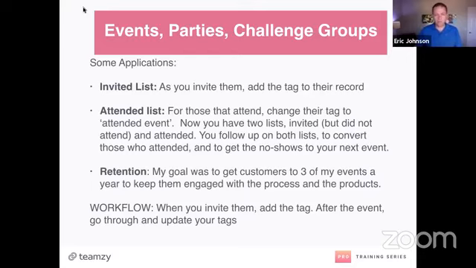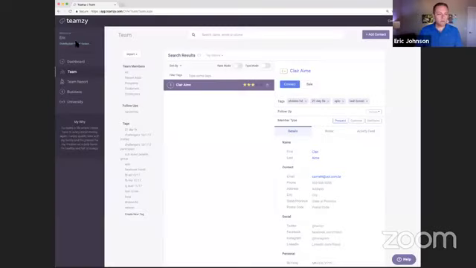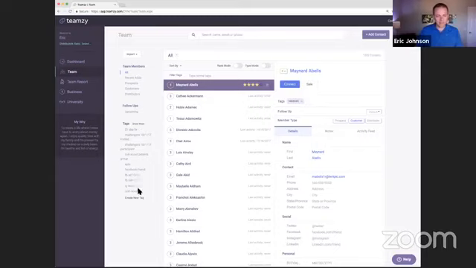Let me just show you real quick. I wish they had like a quick toggle between screens. That would be great. I'm gonna have to call Zoom and see if they can fix that. Okay, so I'm on my team page, right? So when you go to your team page, there's your tags, right?